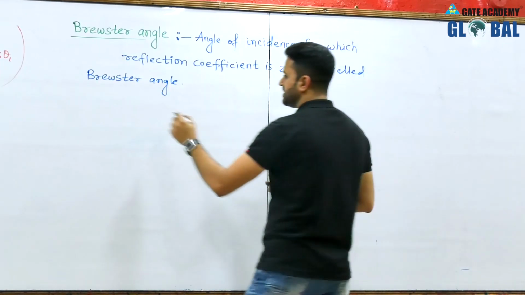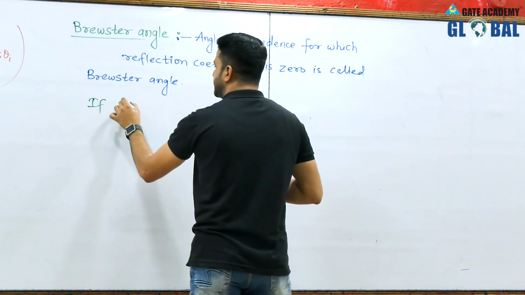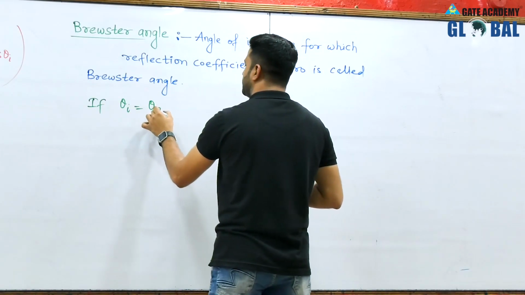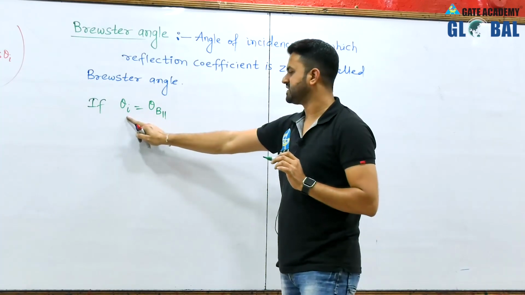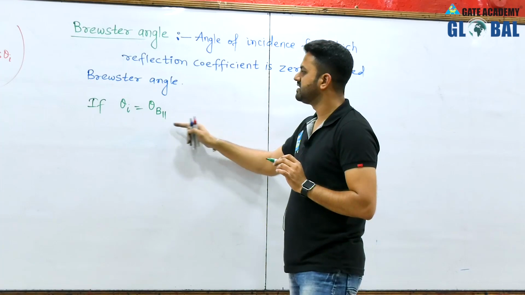That is, if this theta I becomes theta B parallel, that is for parallel polarization we are defining, so the angle of incidence is Brewster angle,